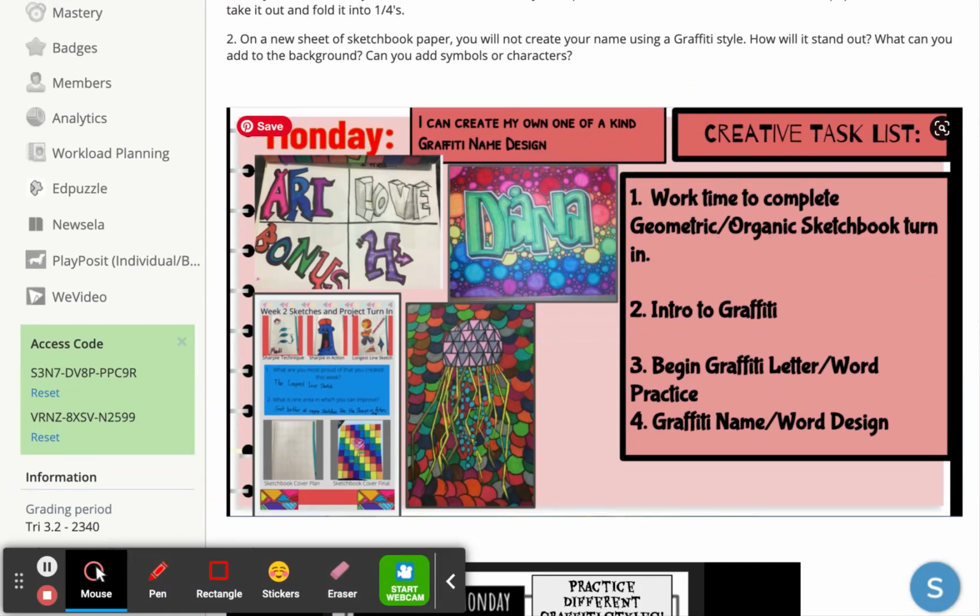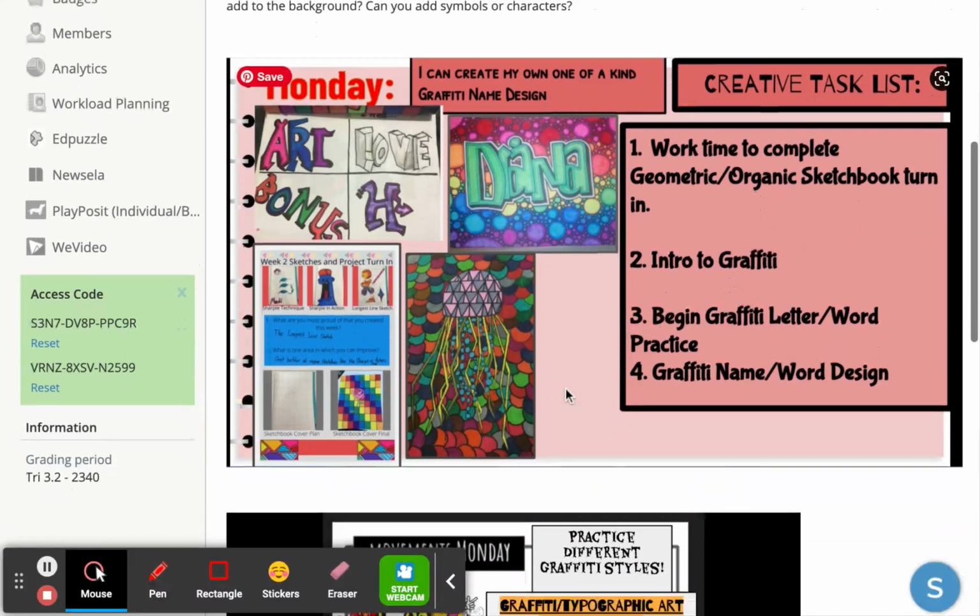It is one of my absolute favorite movements in art. It's something that I love to see, and I search it out, and I do a bunch of graffiti tours when I travel, all over the world. I love graffiti, and it's a cool concept. Now, we will be learning the difference between legal and illegal graffiti tomorrow, so we'll be talking a lot about that, because there are definitely differences.